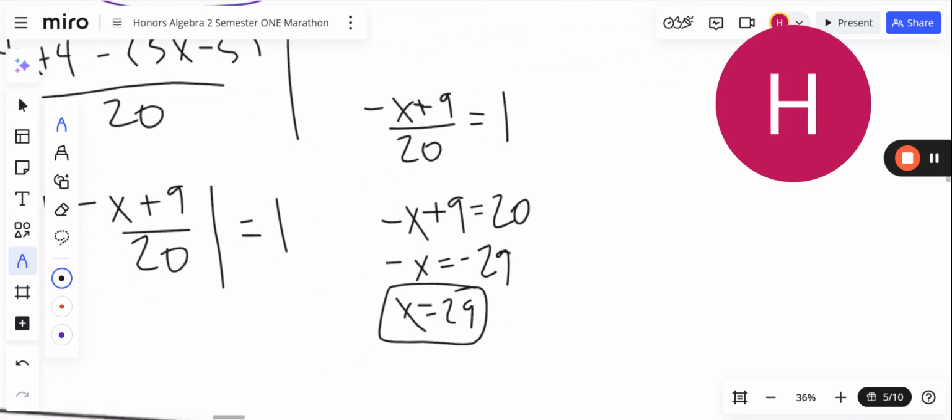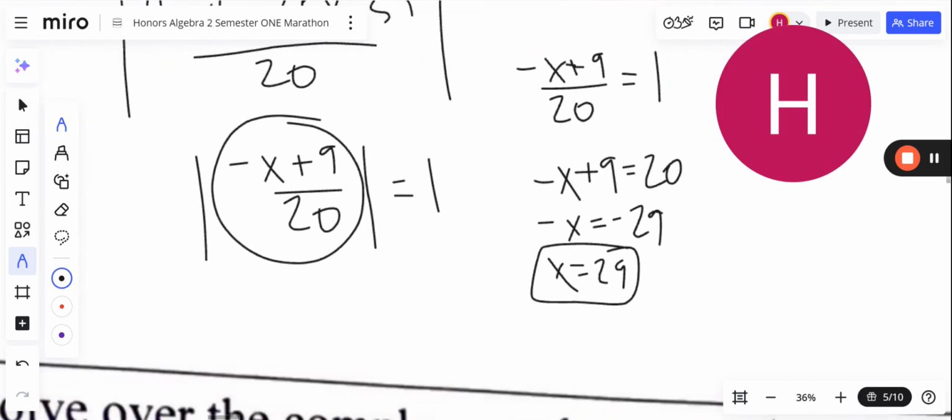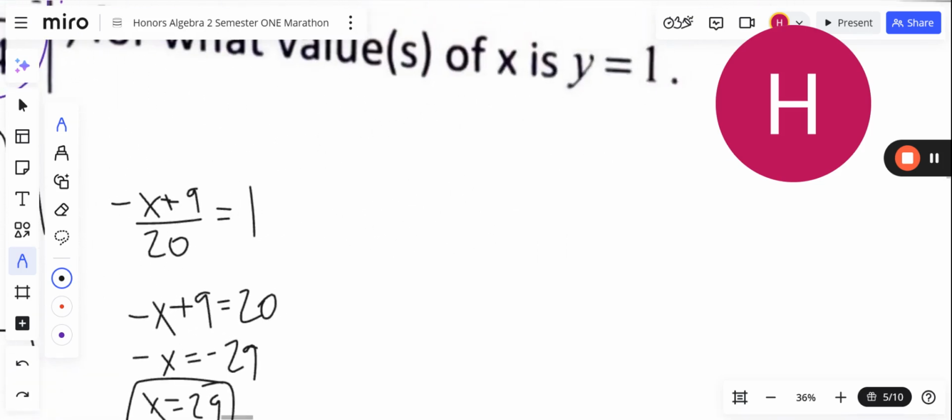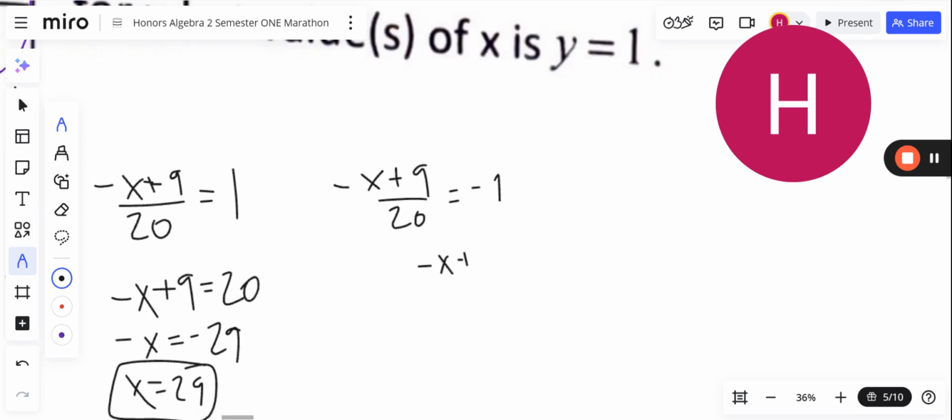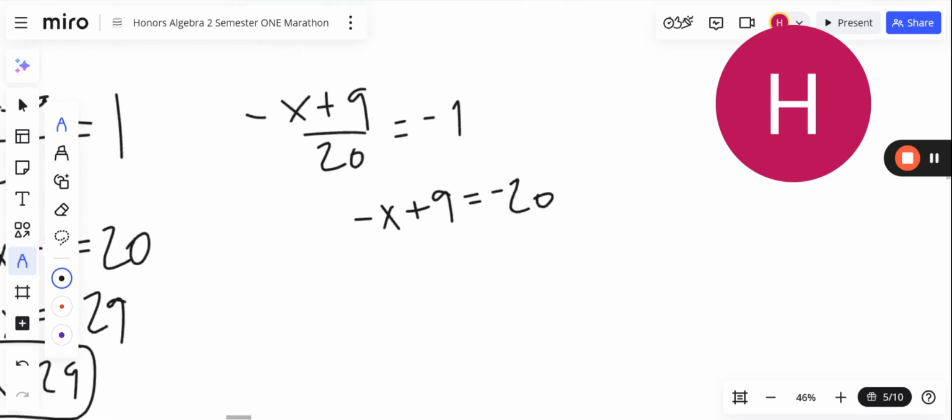And it is possible that the inside is actually equal to negative 1, but it gets flipped by the absolute value. So it's possible that negative x plus 9 over 20 equals negative 1, which would mean negative x plus 9 equals negative 20. And therefore,